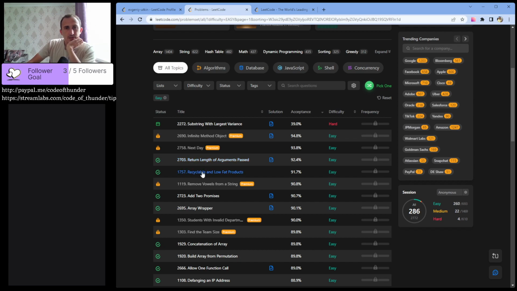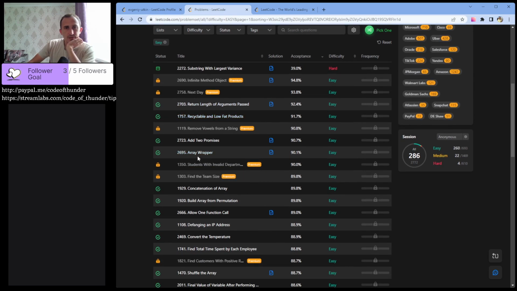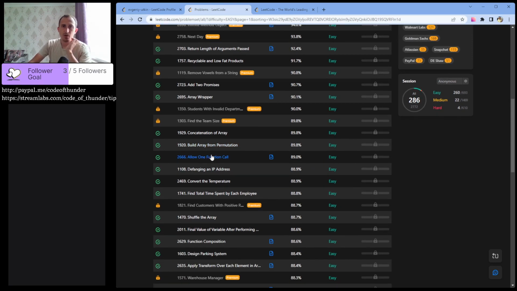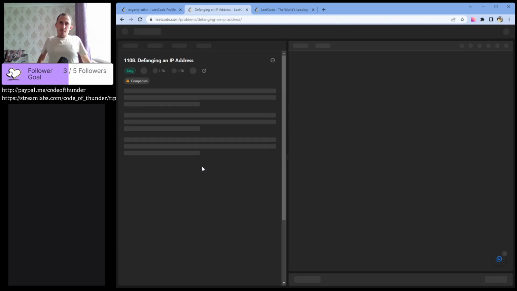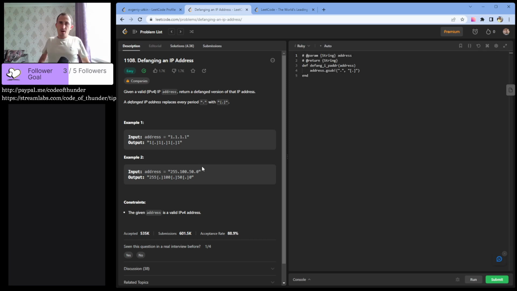We already covered these two, concatenation and build array, allow one function call, and our next victim is this one, 1108, Defanging an IP Address.